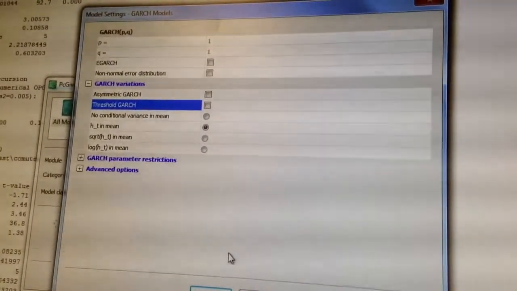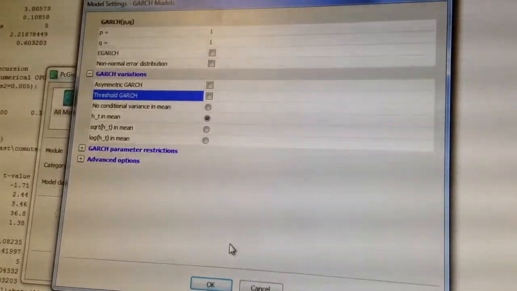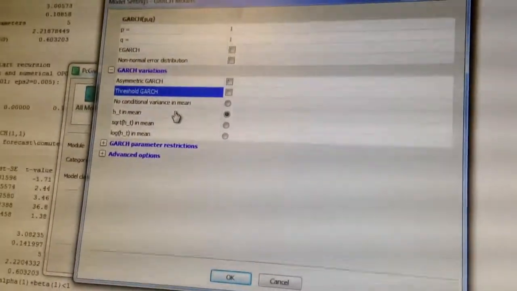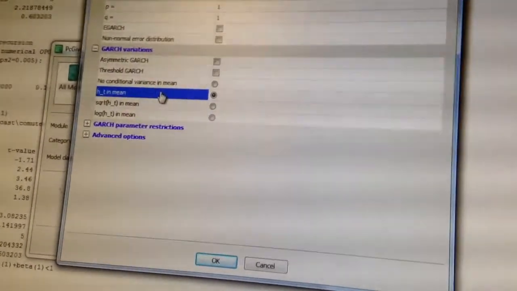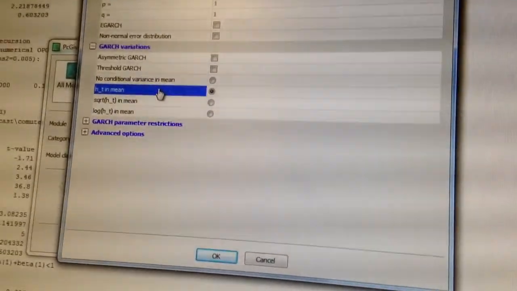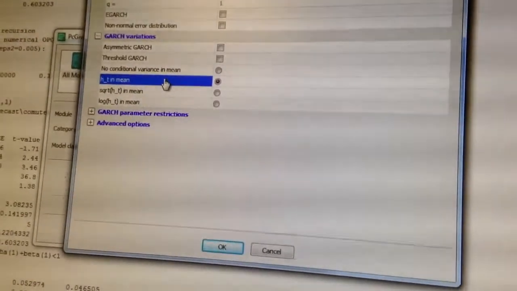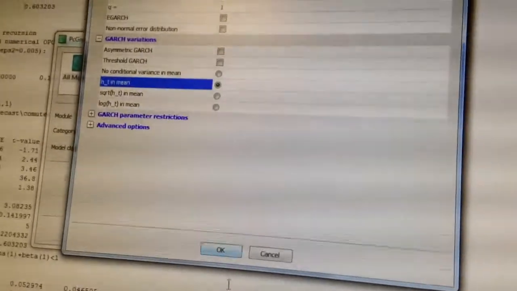Choose the HT in mean. This is your GARCH-in-mean. H means heteroscedasticity. Click again and again. Now we have our GARCH-in-mean. We have a significant coefficient for the